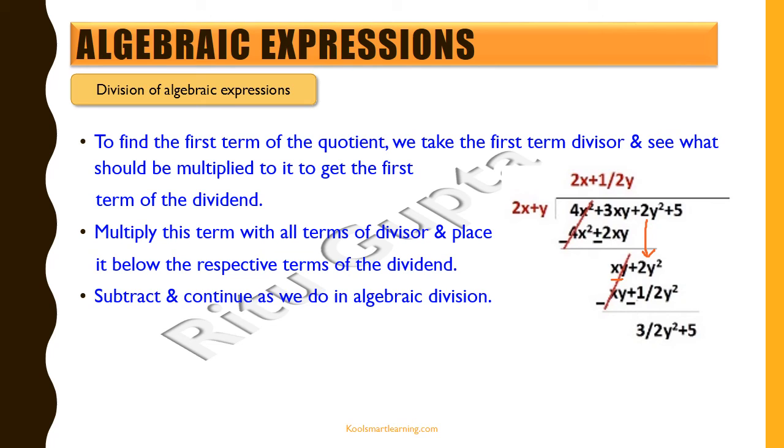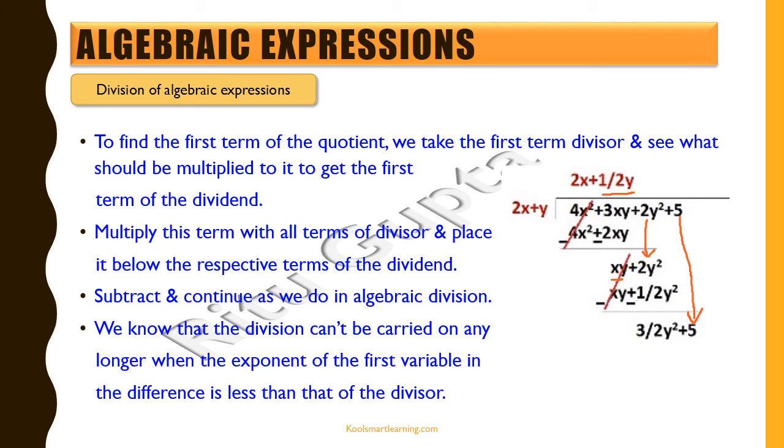So we again see what is to be multiplied with 2x so as to get xy, and that is half y. So we multiply the same way and we get half y. We multiply half y with 2x plus y, we get xy plus half y square. And we now again see that xy gets cancelled out, and we subtract half y square from 2y square to get 3 by 2 y square, and we again get this term 5 down here. And now if we see,